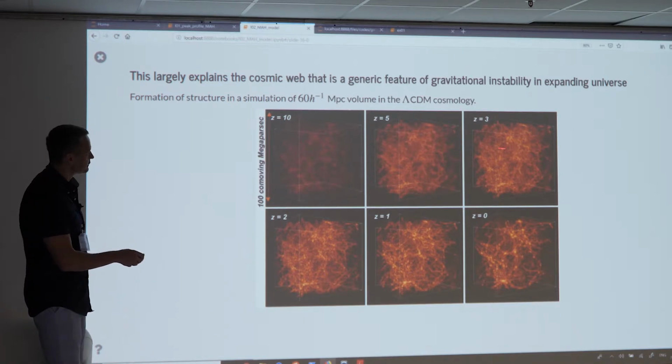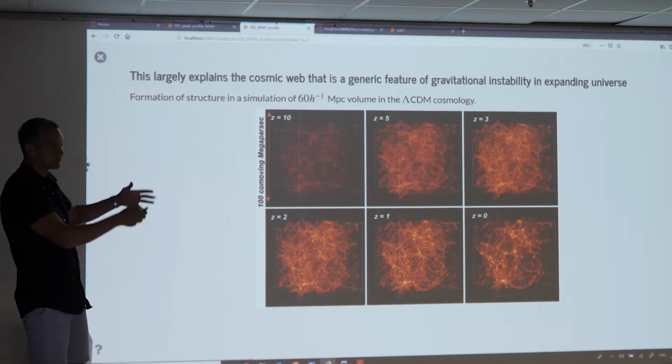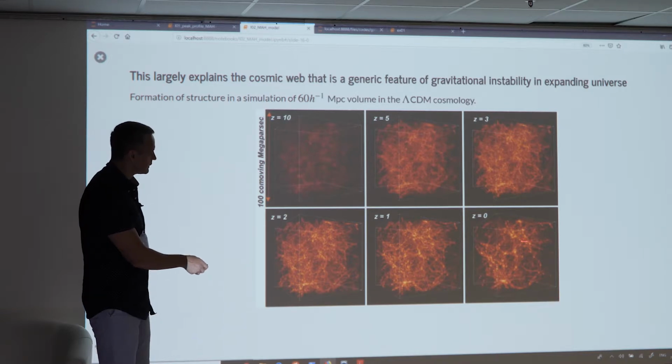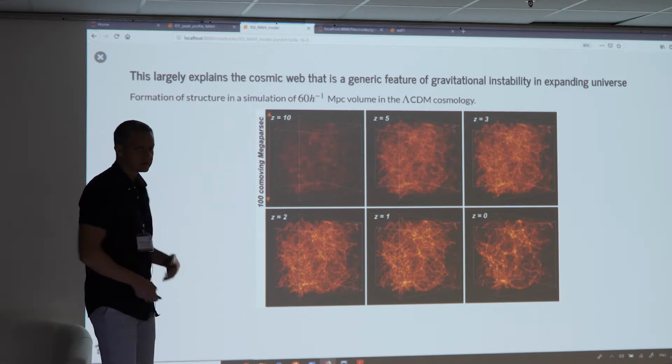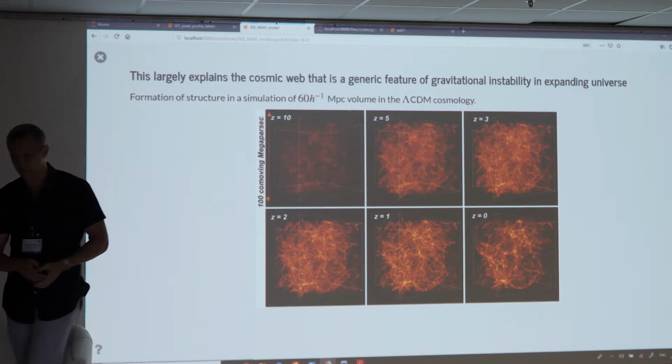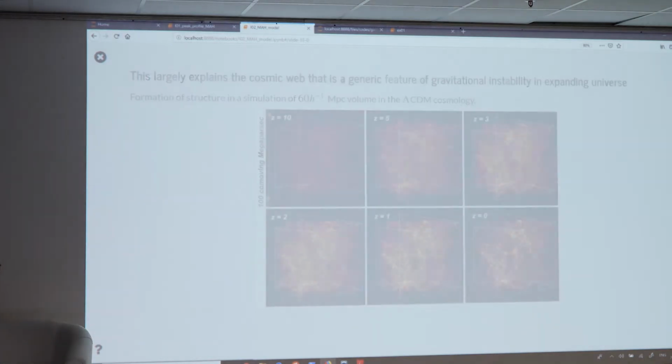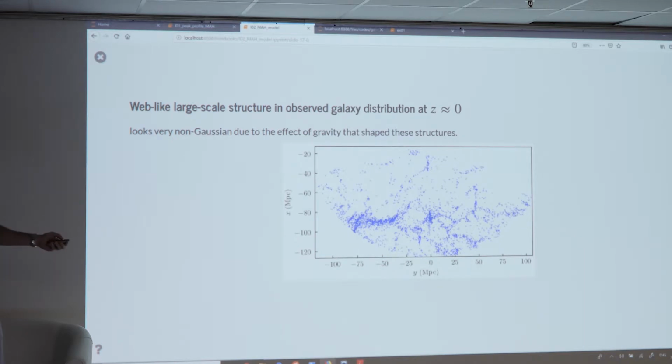Then as gravity acts on it in these comoving units, you can see underdense regions expanding like bubbles and turning into large voids. This is why, with time, the fraction of volume occupied by voids grows, and also why the galaxy distribution